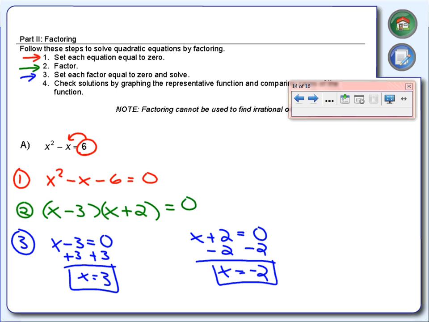And what you're going to check for is to see if it in fact has x-intercepts of 3 and negative 2. Is that right? All right, so 3 and negative 2. So we know we have the right answers simply by looking at the graph. Oh, by the way,